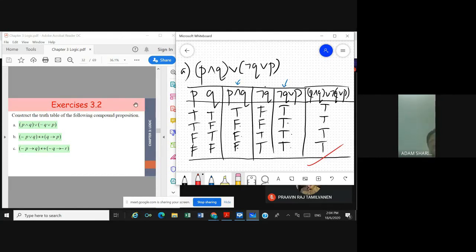Okay, I give you 1 minute to do B, and I want someone to show me the answer. Do B right now. If still only 2 propositions, do this right now, and I want to see the answer. You don't need to show your face. I just want to see your answer. No one wants to see your face, by the way. I want to see your answer for B. Do B, please. Come on. My battery is nearly finished.